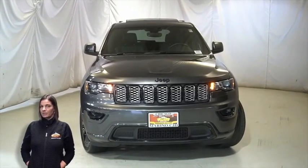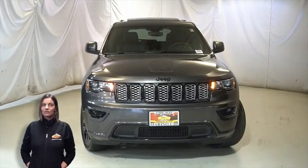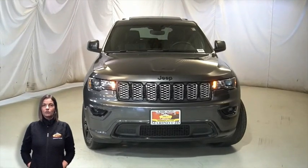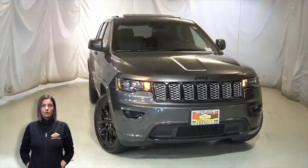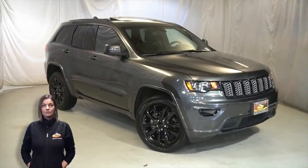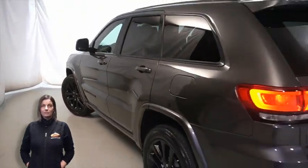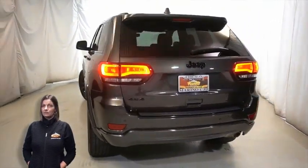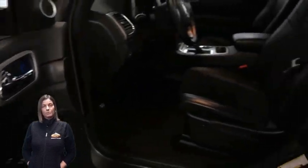Looking for a highly equipped SUV with all the right options and reliability? We'll take a look at this certified pre-owned 2018 Jeep Grand Cherokee Altitude in granite crystal metallic. With black headlamp bezel finish, front fog lamps, 20-inch aluminum wheels, gloss black Jeep badging, black lens tail lamps, single exhaust with bright tip, heated front seats, heated steering wheel, 30,000 miles on the odometer,